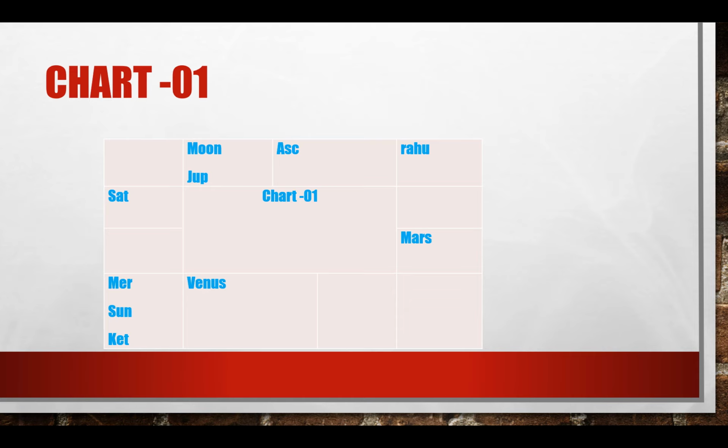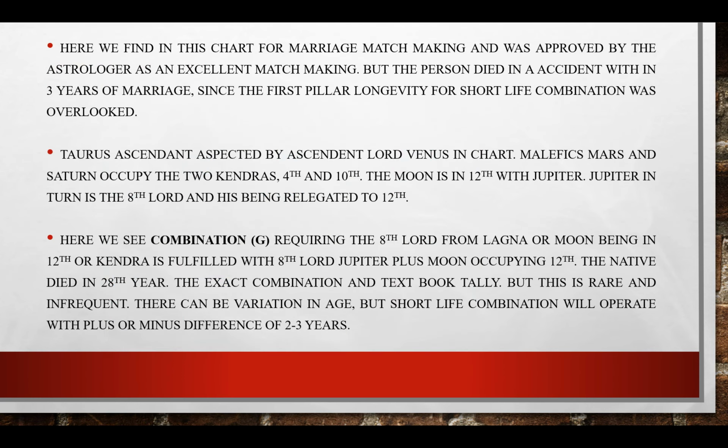So when the chart does not have longevity, what is the purpose of doing such a matching? We are given any number of combinations. Here we find this chart was approved by the astrologer for marriage matchmaking. Taurus ascendant aspected by the ascendant lord, because Lagnadipati itself is seeing Lagna, that is a great point, no doubt. But malefic Mars and Saturn occupy 2 Kendras, the 4th and 10th. The Moon is in the 12th with Jupiter,